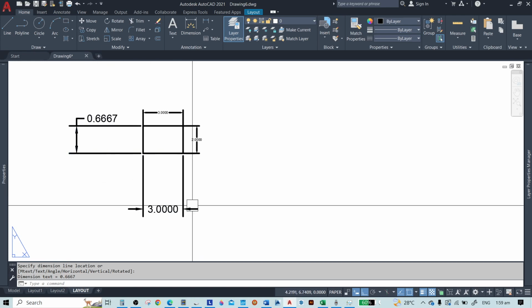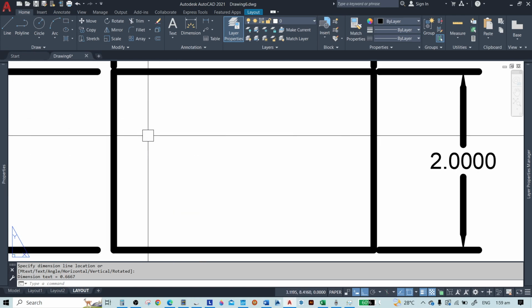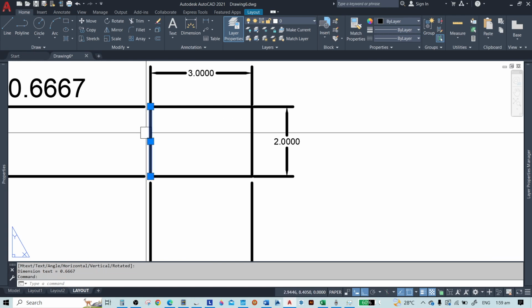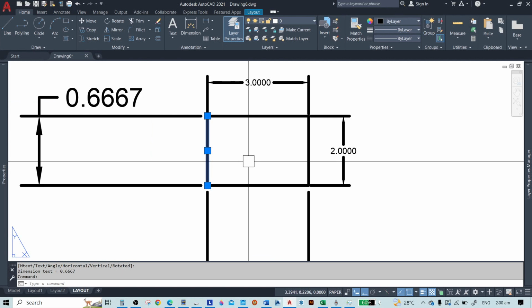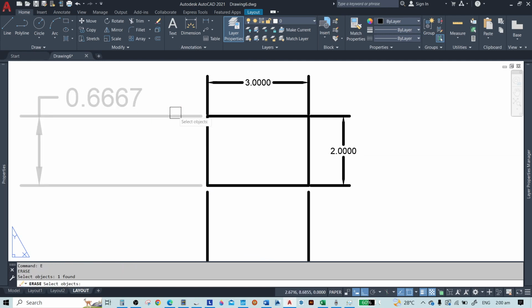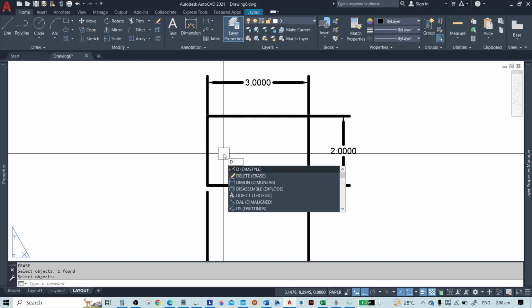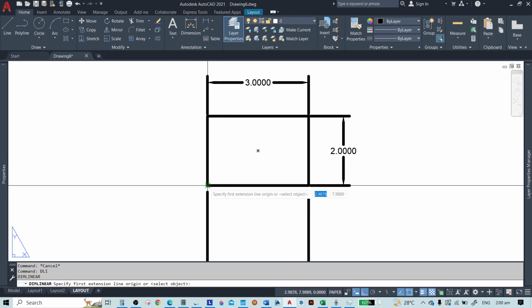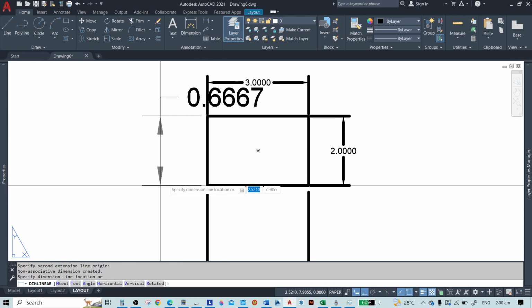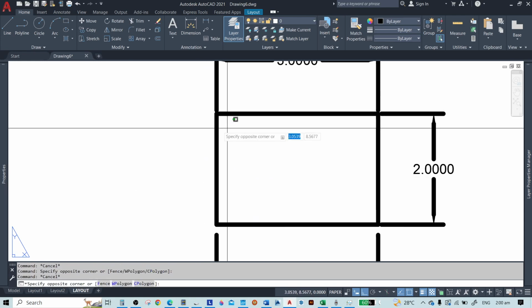What happened here is different from what happened here, because as you can see, I have made a line. So this line is what was dimensioned when I did the dimensioning. But if I delete that one and again do the dimension, it will become, oops, there's something.